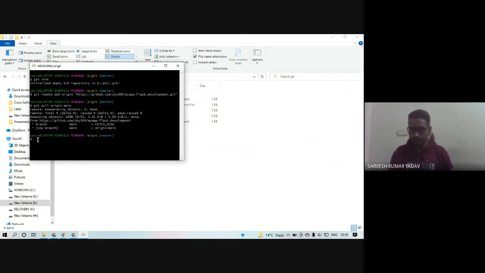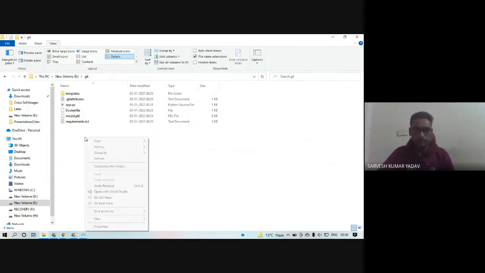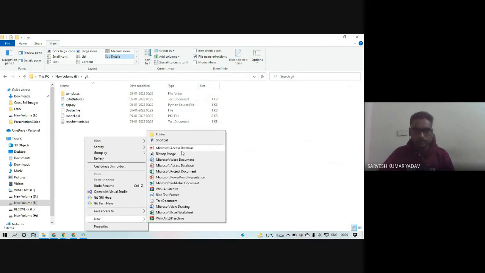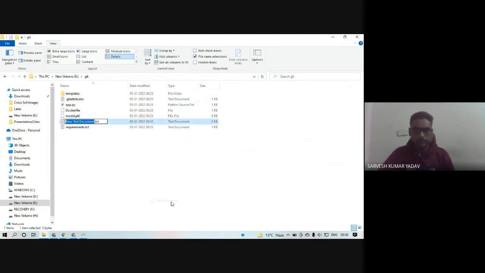Now let us move further and check whether we have made any changes to this directory. On branch master, nothing to commit, working tree clean. Now let me make a change to this directory. I am creating a new file, new text document.txt.